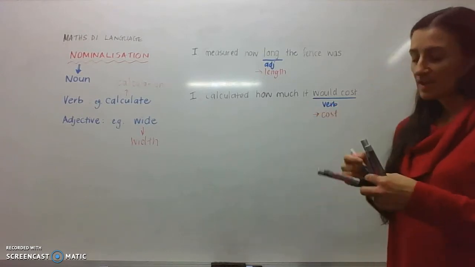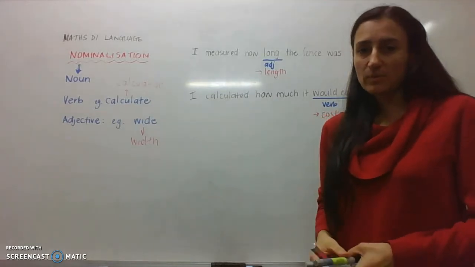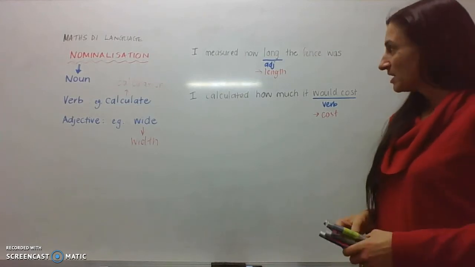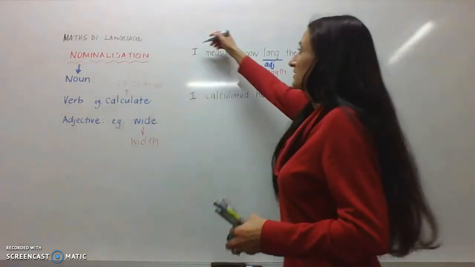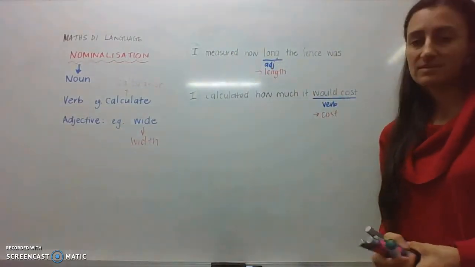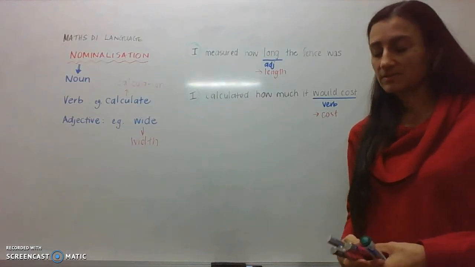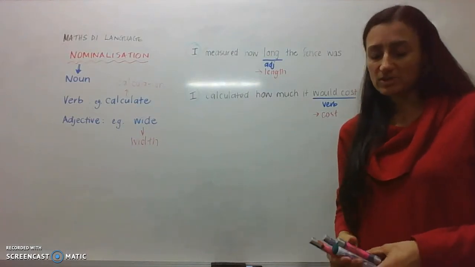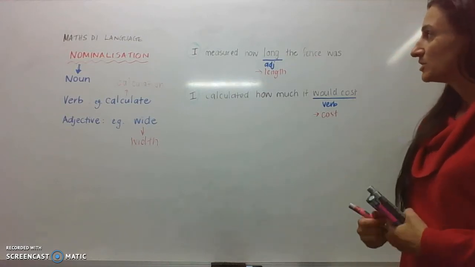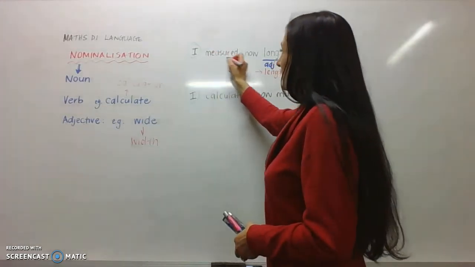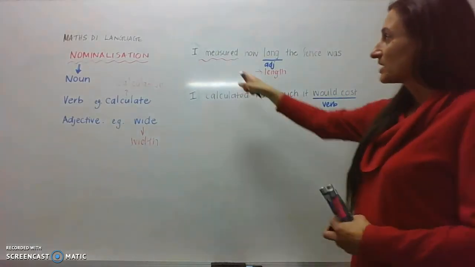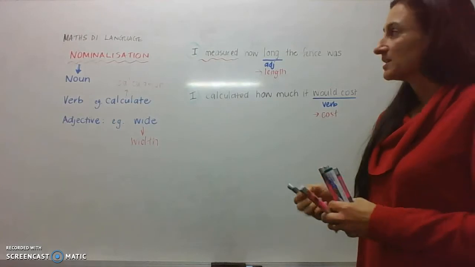Okay? If I put that together with what we did last time when we looked at turning things from active voice to passive voice and getting rid of my subject pronouns, I soon realised that I also need to deal with this I, because at the moment having that I there means that these sentences are in the active voice and not in the passive voice. It means that they're personal when we actually want our statements to be impersonal and factual. So from the previous videos you watched, you would know that I measured needs to become passive, and I have to change that measured to what was done, which will make it